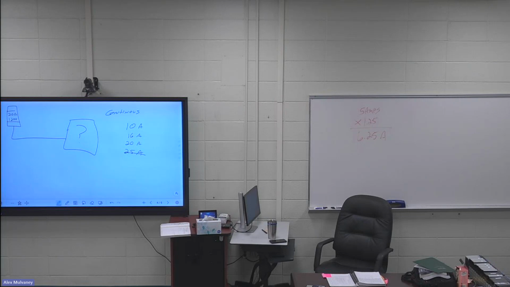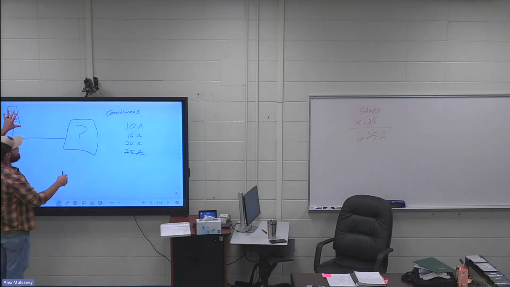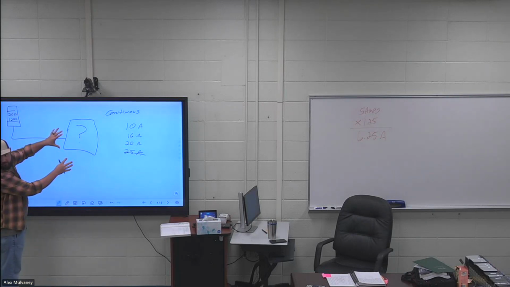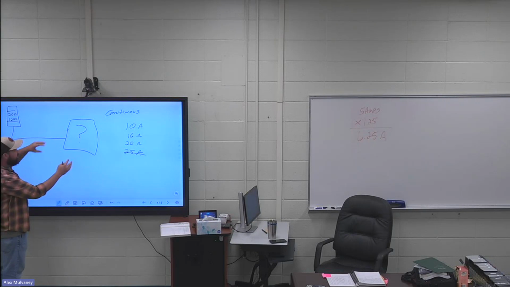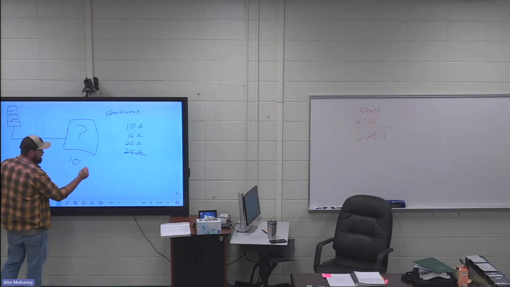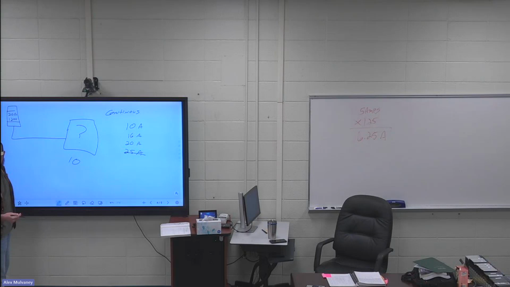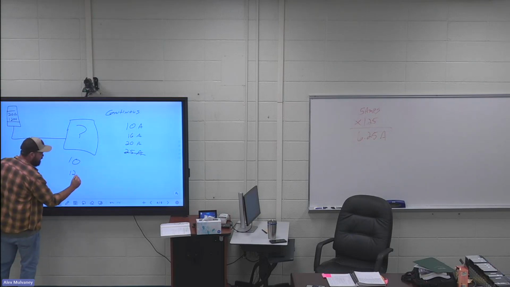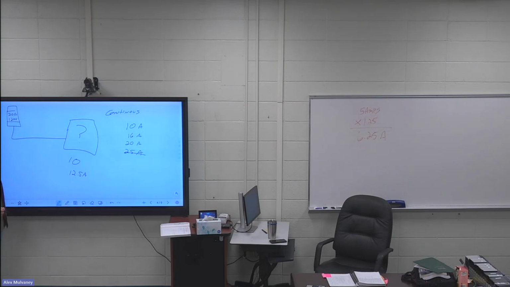So what you did before was you were sizing the fuse while knowing the load. Does that make sense? So before you had something that was like 10 amps, that was a continuous load. So you would do 10 times 125%, you would get a 12.5 amp load, right? So you multiply it by 125% to see what the fuse should be. Does that make sense? But now they're saying